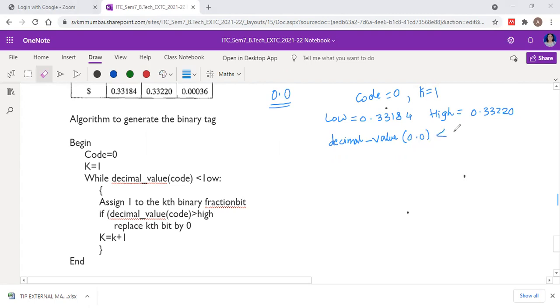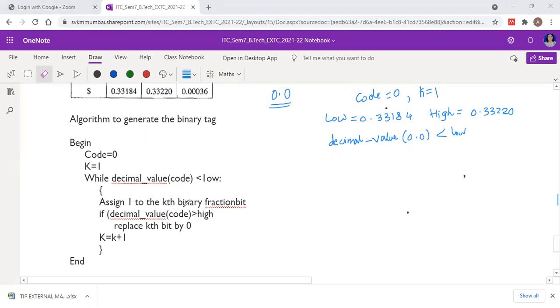Is it less than low? The decimal equivalent of this binary value 0.0 is equal to 0. So it is definitely less than the lower range, that is 0.33184, and hence we will execute this while loop.